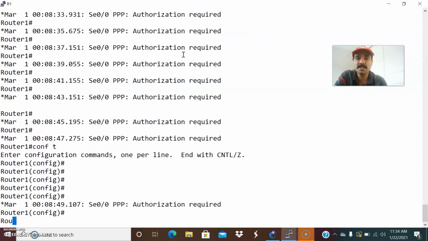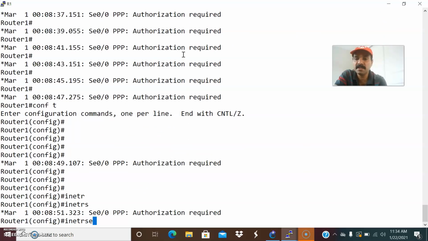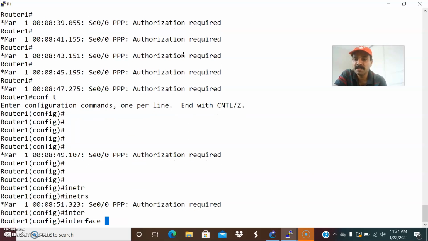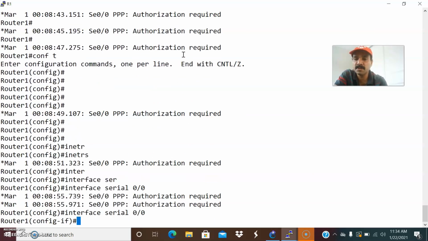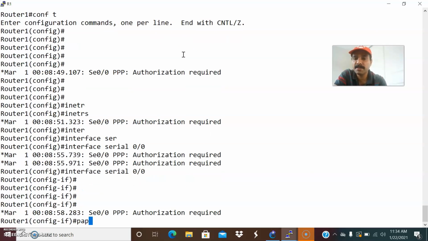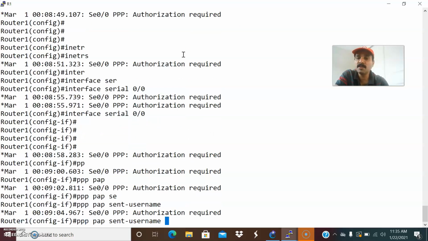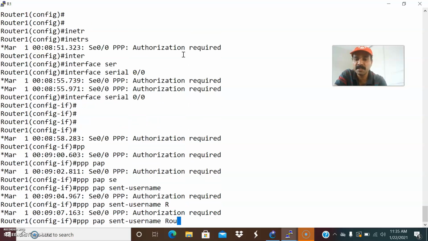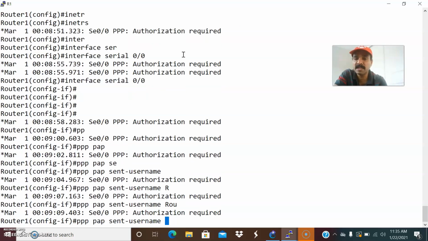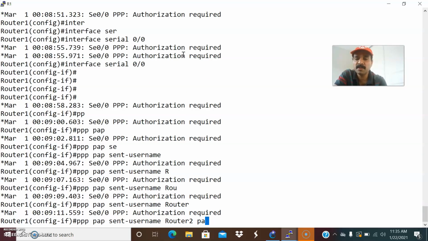Go to the configuration mode, interface serial 0/0. We have to configure PPP followed by PAP, and then we have to send the username. That username I have to give as router2, the hostname of the remote end, followed by the password.